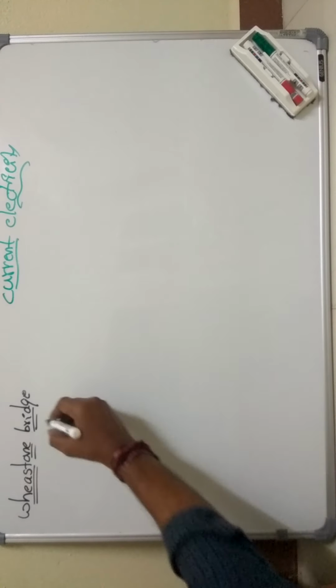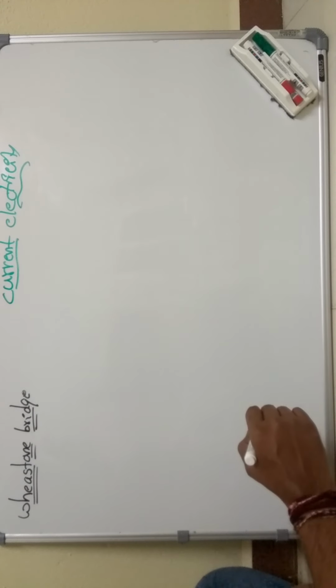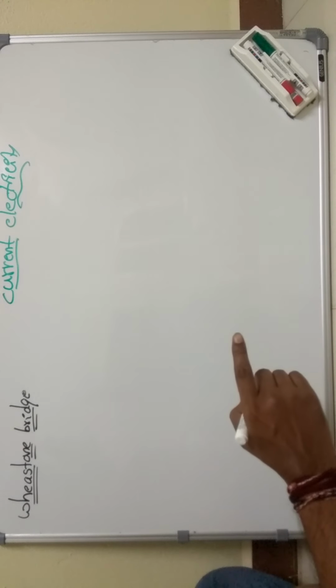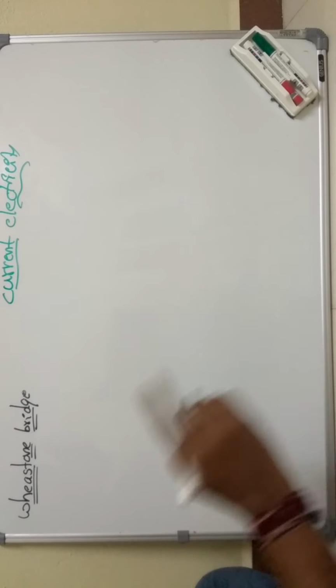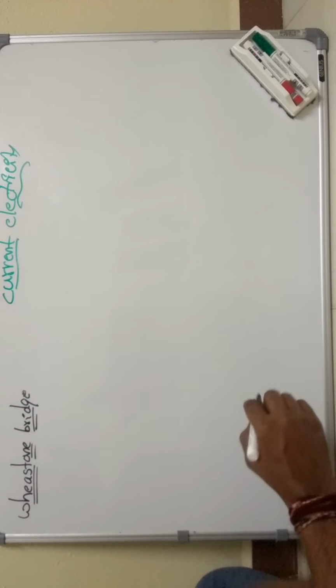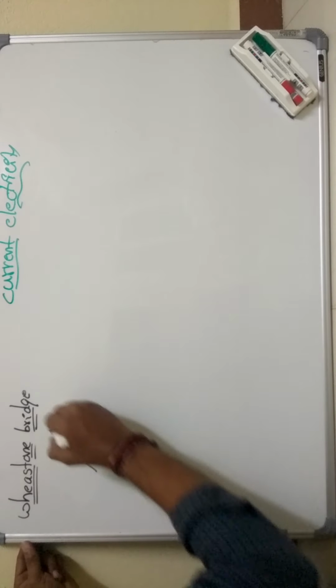So what is the Wheatstone Bridge? Wheatstone Bridge is an arrangement of four resistances. Among them, one of the resistances we will calculate accurately. This is known as the Wheatstone Bridge. So Wheatstone Bridge is having the